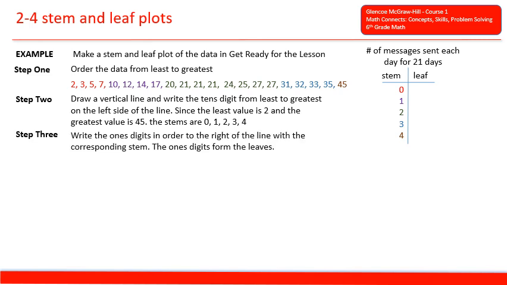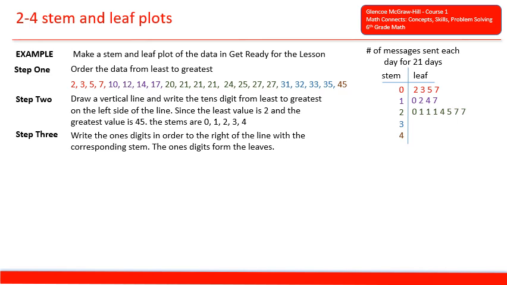Step 3, write the ones digits in order to the right of the line with the corresponding stem. The ones digits form the leaves. So for 0, we have 2, 3, 5, and 7. And those are the exact numbers, right? Because all those numbers only have digits in the ones place. Then for the stem of 1, we have 0, 2, 4, 7. If you look back at the numbers, we have 10, 12, 14, 17. So 1 and 0 is 10, 1 and 2 is 12, 1 and 4 is 14, and 1 and 7